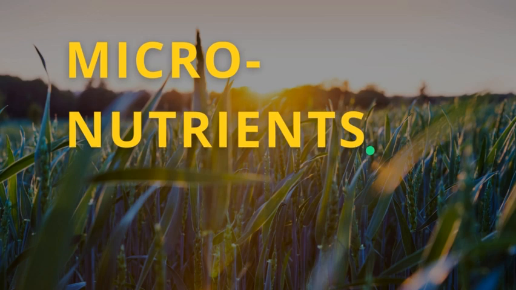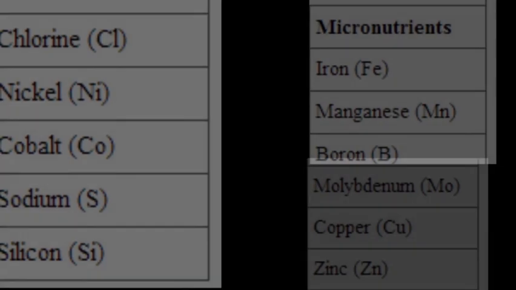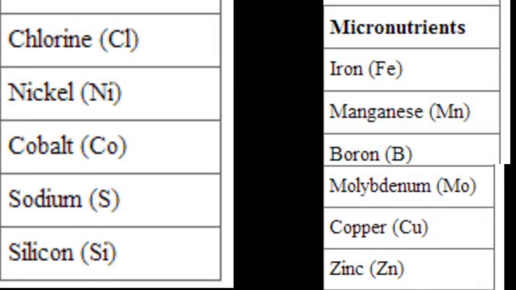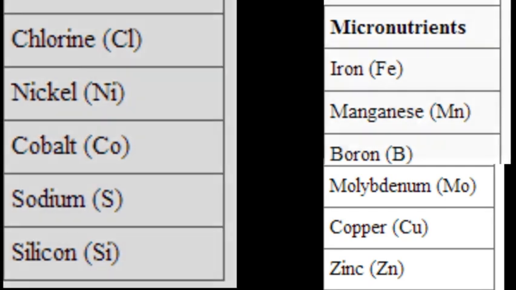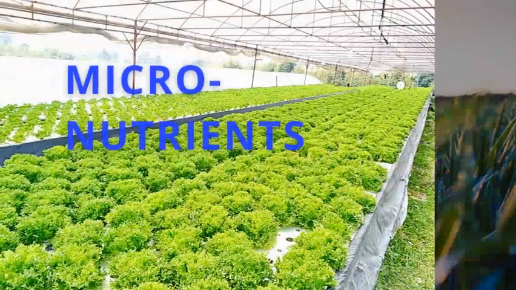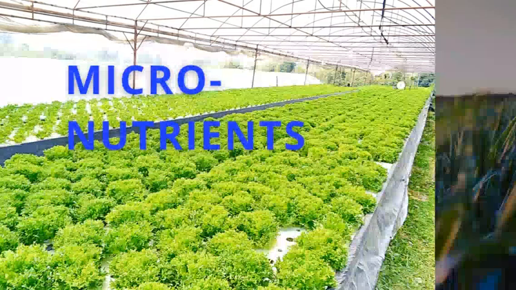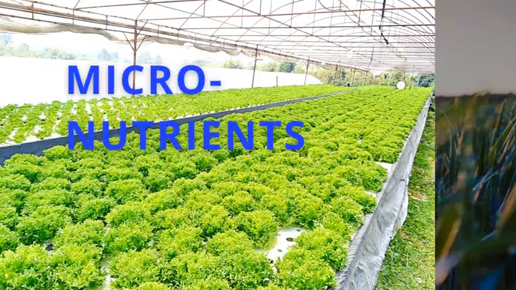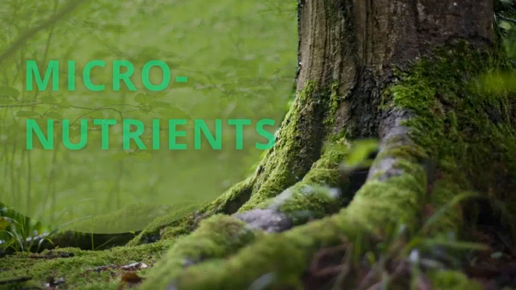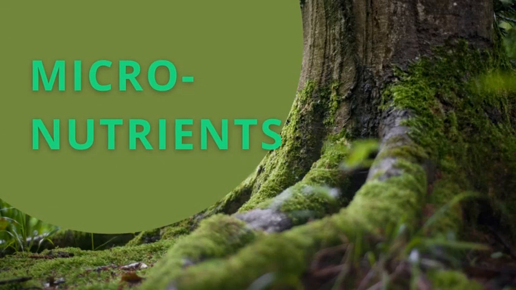Micronutrients are minor elements or nutrients that are required by crops in small quantities. Micronutrients needed by plants are about 11 in number, and this includes zinc, copper, boron, molybdenum, iron, chlorine, manganese, nickel, and the rest. The fact that they are needed in small quantities does not mean that the plant does not need them. It's just that the plant needs them in small quantities, and they are also essential for the survival